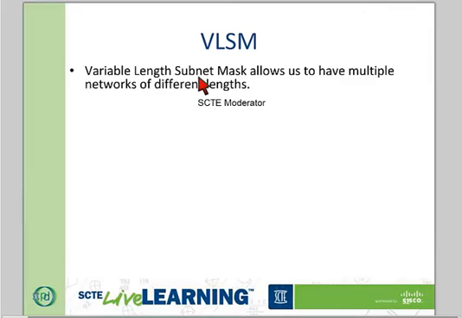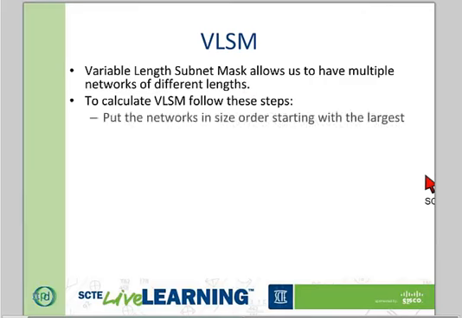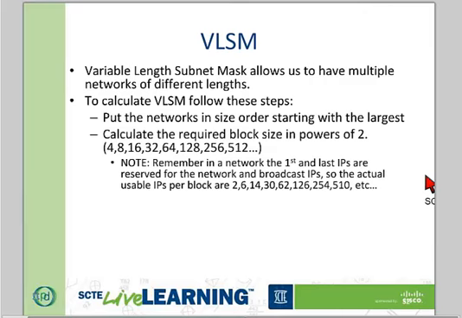So let's take a look. Again, here's what it stands for, variable length subnet mask. And coming down here, it allows you to calculate these different networks. So if I have 4 different networks that need to be IP'd, I could start out by putting them in size order. This is one method I like because it makes it easy. Once I figure out the size order, from who needs the most IPs down to who needs the least, then I have to ask myself,